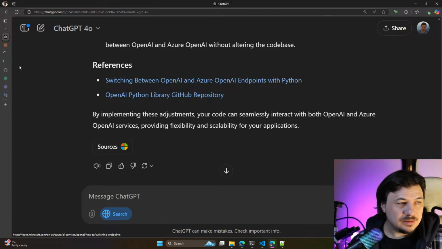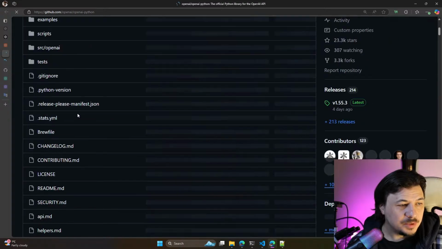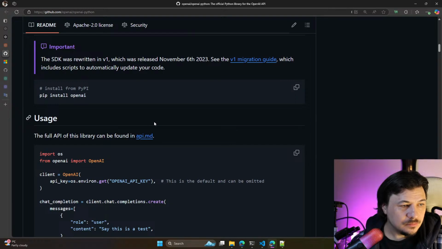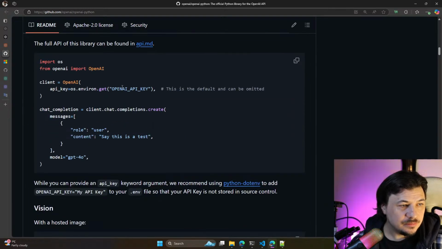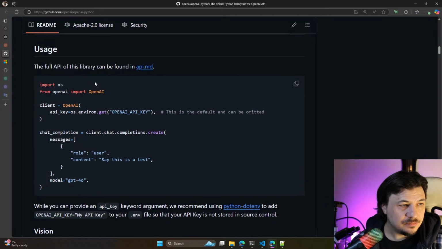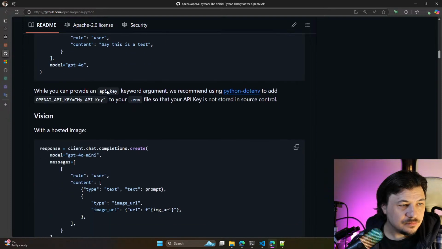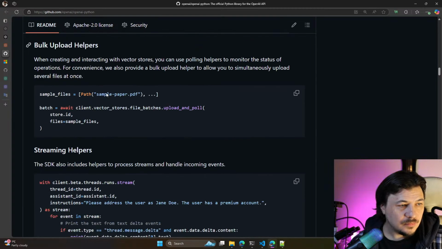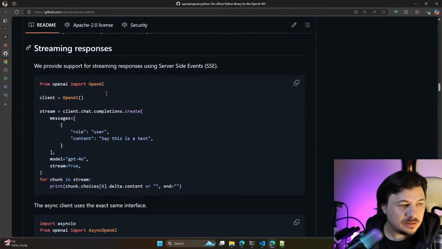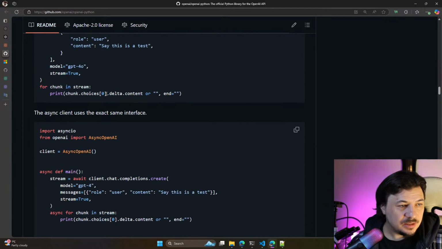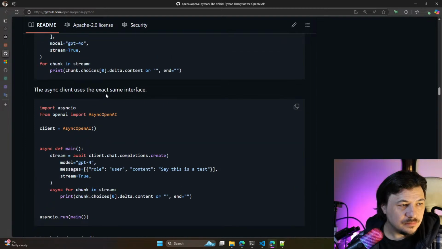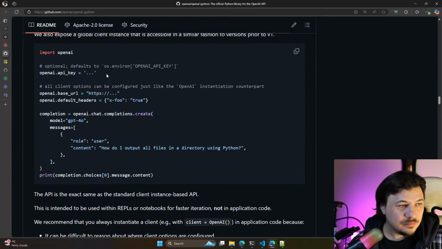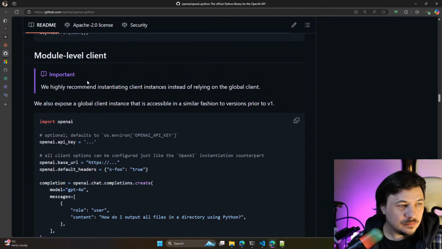Okay, let's see the sources. OpenAI Python. Usage. API key. Bulk async usage. Okay. Streaming responses. Okay. Model level client.